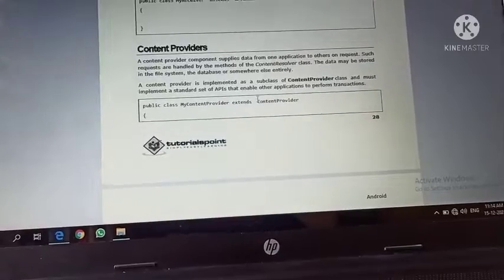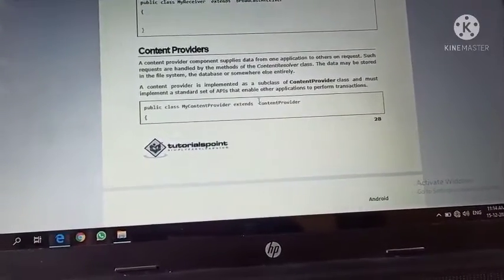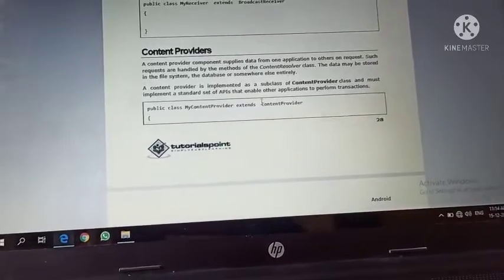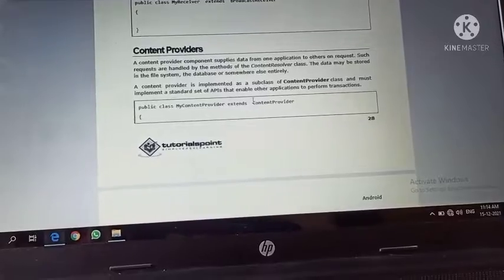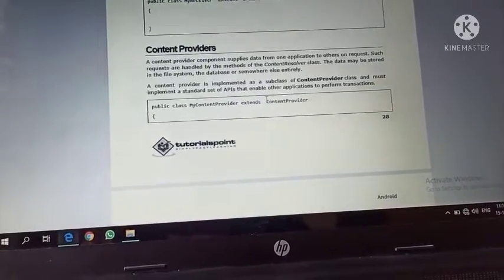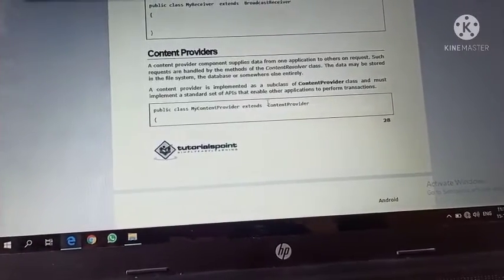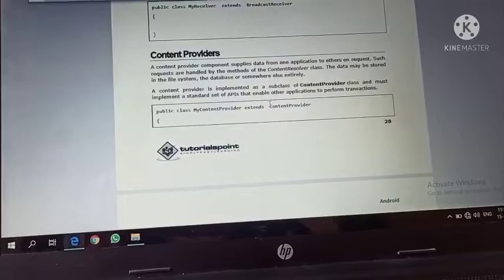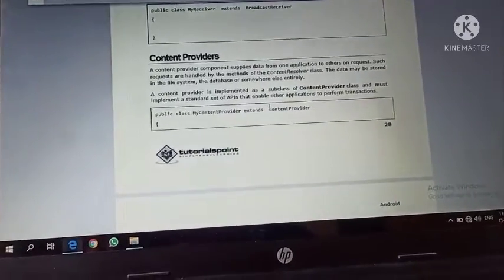So these are the 4 total activities which are important or essential for Android, and for each activity we use the same class name for that particular activity. Like suppose for the activity I can use the class name Activity, then for the content provider I use my ContentProvider class. So it is easy to identify in Android programming which activity is going on or which activity we are doing.